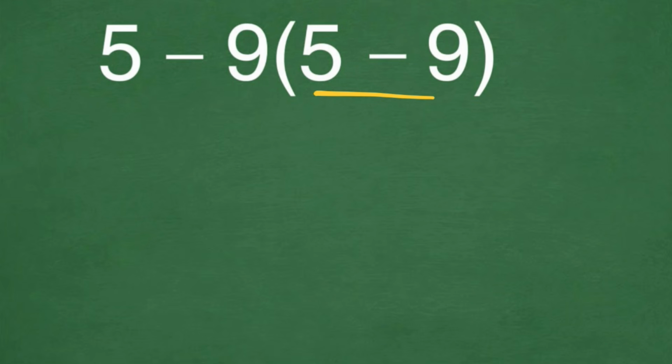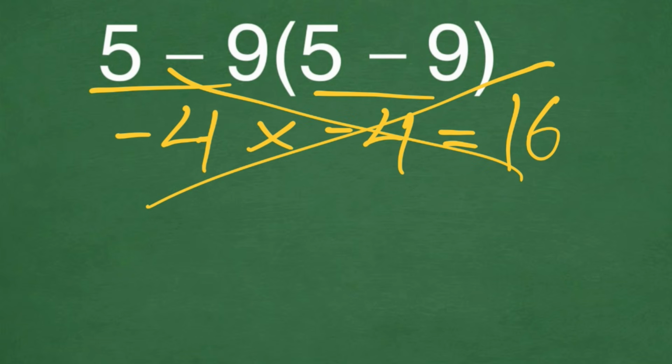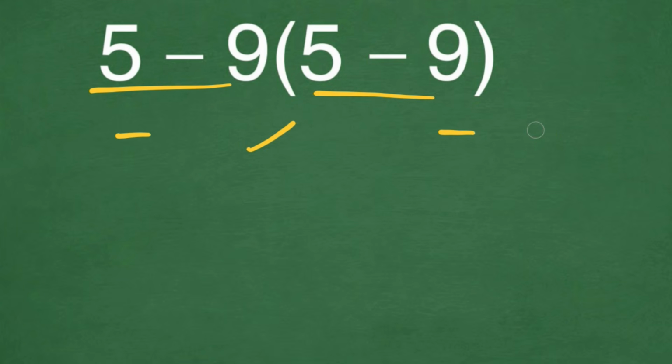5 minus 9 gives us negative 4. And again, here we have 5 minus 9, which gives us negative 4. And negative 4 times negative 4 is equal to 16, because negative times negative is positive. But this answer is not correct, because according to the order of operations, PEMDAS,